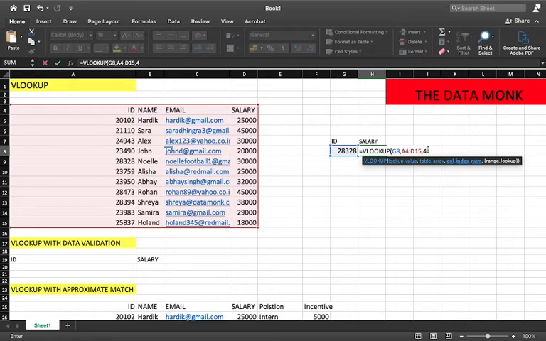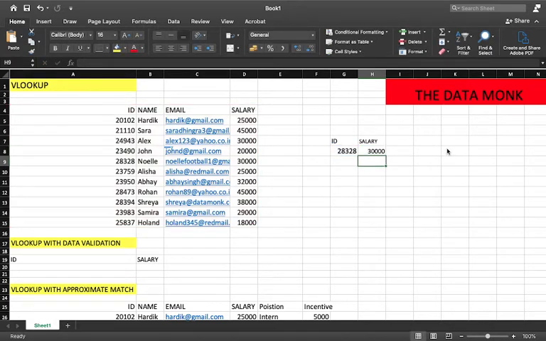And the last is your range lookup. So here you have two options. Either you can choose true, which gives you the approximate value, or you can choose false, which will give you the exact value. We are going to understand the difference between both of them with the help of an example. For now, we'll be choosing exact match. As the name suggests, it is going to give you the exact value corresponding to the ID that you have given. So I'll select exact here. Instead of false, you can even write 0, and for approximate, you can write 1. Right? So I'll just press enter now, and if you see, we have got the value which is 30,000.